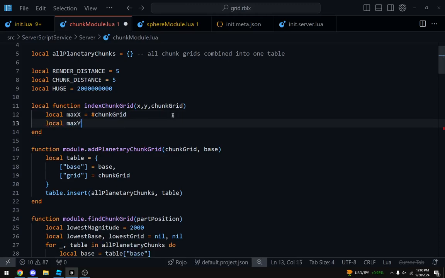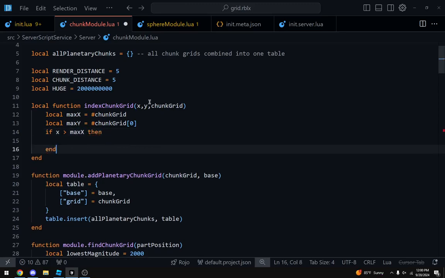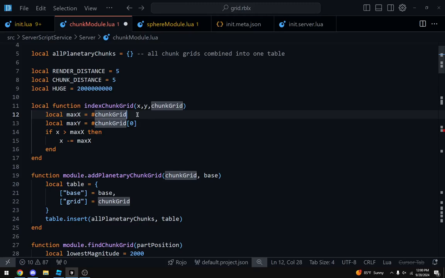Local max y equals number of chunk grid 0. We want to do, if x is above max x, then x minus equals max x times 2.